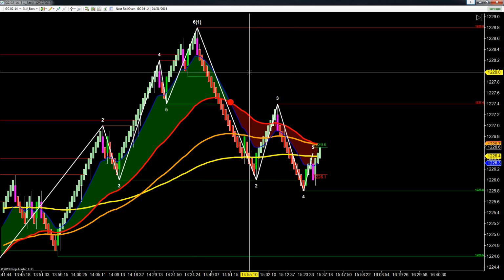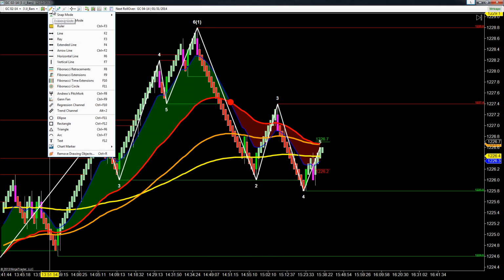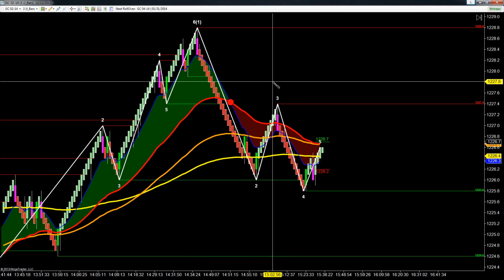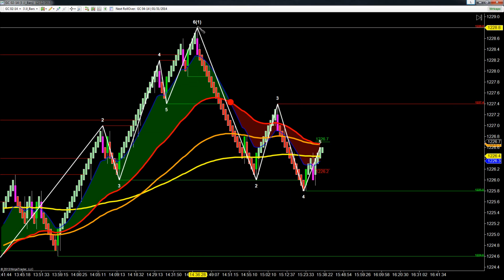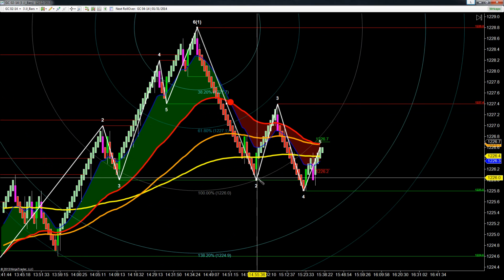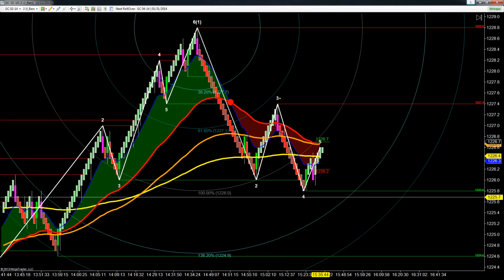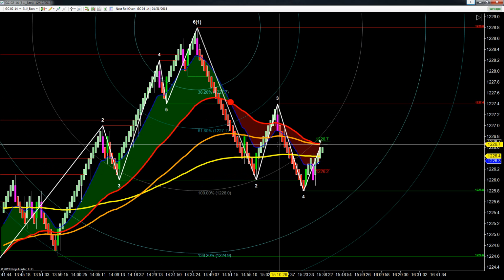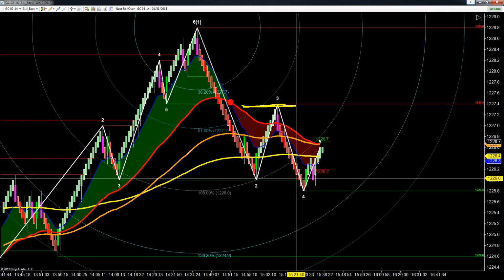Now, the next one is going to be the Fibonacci circles. These are a little bit different, but you can use them in the exact same way. So let's draw from the high to the low, and looking at this swing high, we want to see it correlate and come into contact with one of the fibs. Preferably you want to see it come into the 61.8%, even the 38.2 to be a little bit more aggressive. But we already knew that this basically touched the 50% to the tick. It was a little ahead of time, being a little bit early, but the Fibonacci circles tell you, well, that's